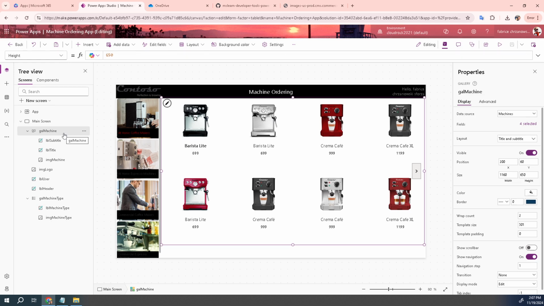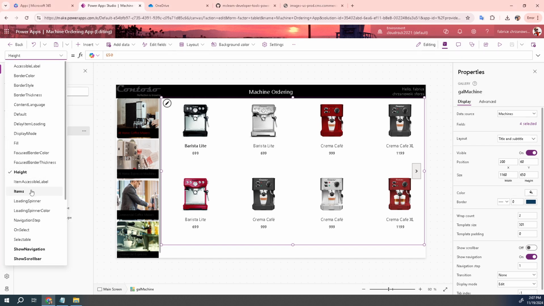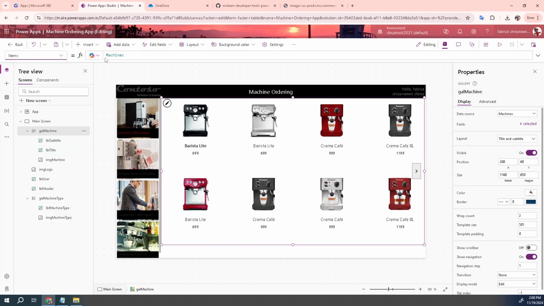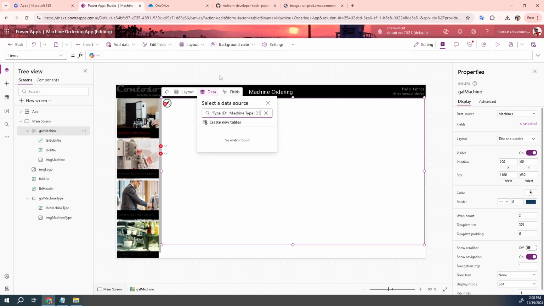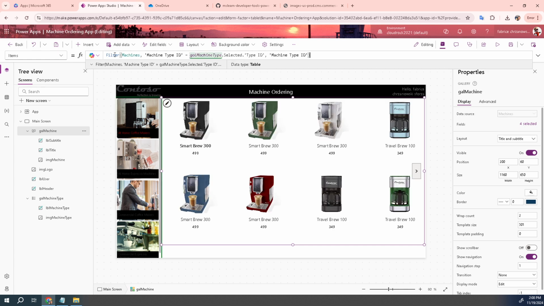Okay, so I'm going to show you what is happening. So this is very, very nice. If I go in gal machine here and I will do a filter. So for that, I'm going to select Items, and I will type this amazing formula. Okay, so that's it. Oh, sorry for that. Let's do it again. Let's do a copy paste. So I'm going here and I do that. So how it's working here is that